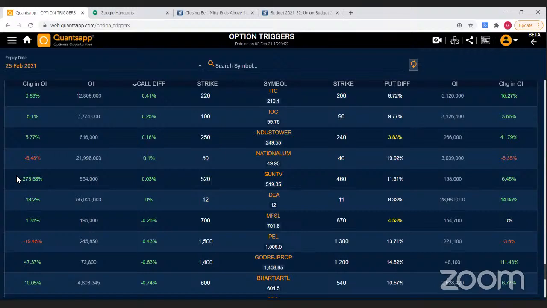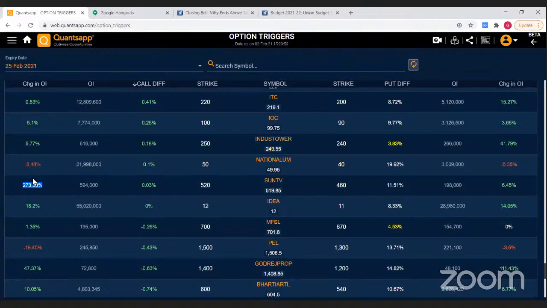यहाँ पे आप देख सकते हो लगभग 270% से कॉल इंक्रीज हुआ है, कॉल राइटर्स ने पोजीशन इंक्रीज करा है। इंक्रीज इन ओ आई, चेंज इन ओ आई बाय ऑलमोस्ट 270%। दिस शोज द कॉन्फिडेंस कि कॉल राइटर्स ये बोल रहे हैं कि देख रहे हैं, और वो चाहते हैं कि यहाँ से ये स्टॉक का भाव ऊपर ना जाए। तो सिंपल आई कैन से सन टीवी खड़ा है 519.85 पे, 520 पे हाईएस्ट कॉल है, और यहाँ पे कॉल राइटर्स पोजीशन सेट कर रहे हैं, विच गिव्स मी a क्लियर आइडिया कि यहाँ पे कॉल राइटर्स नहीं चाहते, दे आर शोइंग सो मच कॉन्फिडेंस कि प्राइजेस और इसके भाव ऊपर जाए।